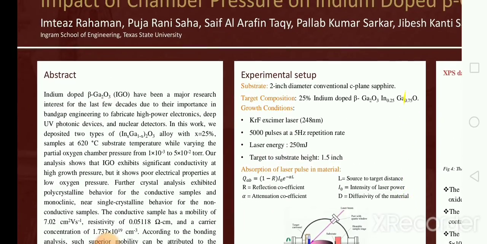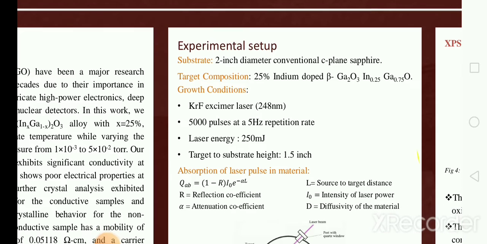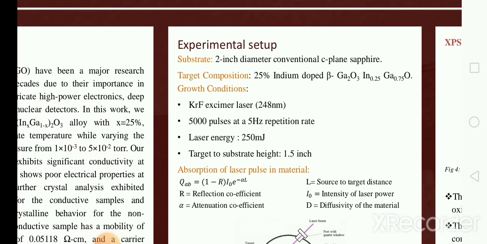Now, I'd like to discuss the experimental setup of our research. We use 2-inch diameter conventional C-plane sapphire as a substrate, and as I discussed earlier, we have worked with 25% indium doped beta gallium oxide. We use a KrF excimer laser of 248 nanometer, and we use 5000 pulses